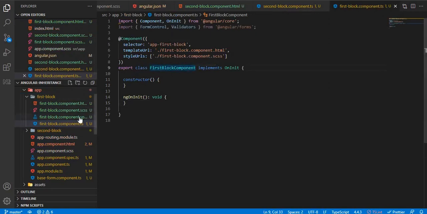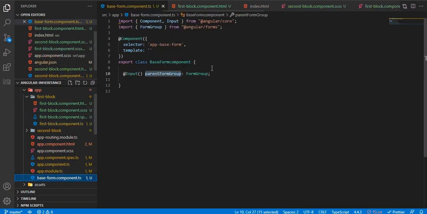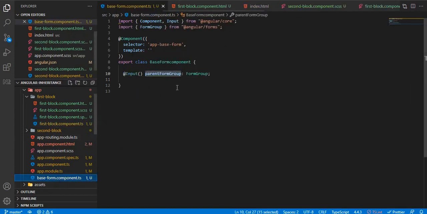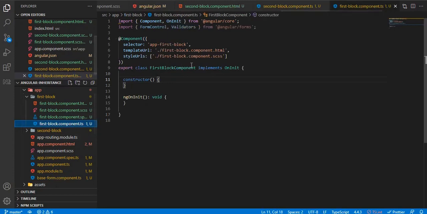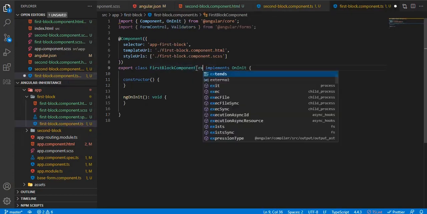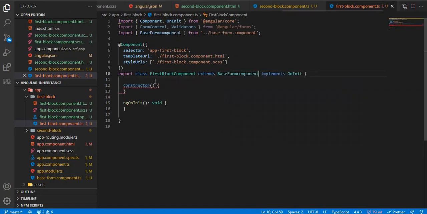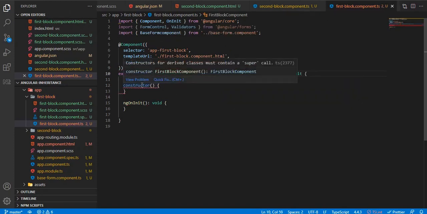Now as we are passing one input, and that particular input is being taken from base form component, right? So this parent form group, ideally we will create the input here, right? But as this base form component is already accepting parent form group, what we'll do is we'll apply the concept of inheritance here. So we'll say extends base form component. Okay, and what is the error here?